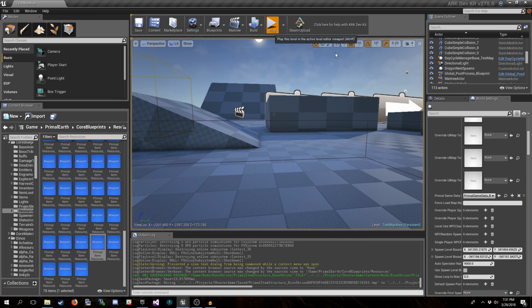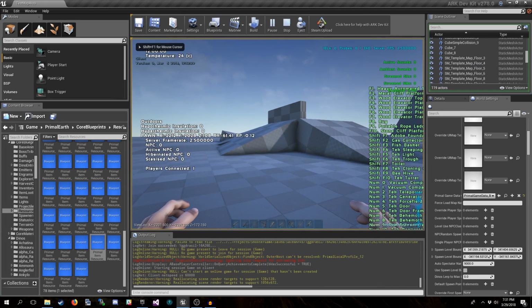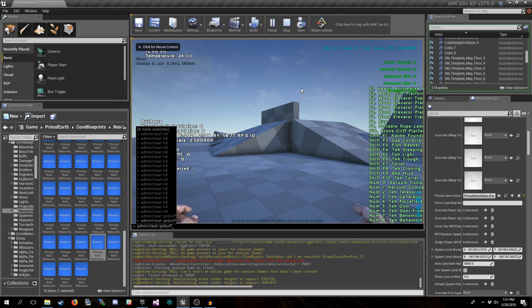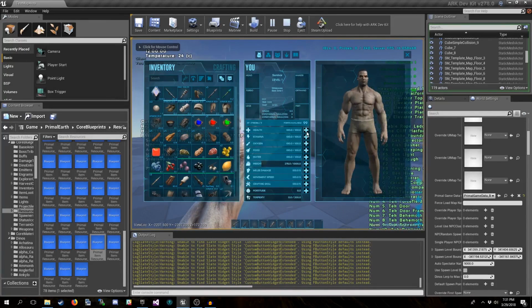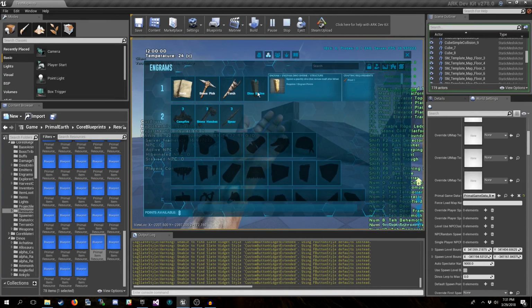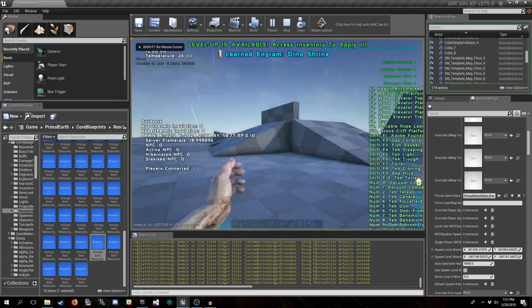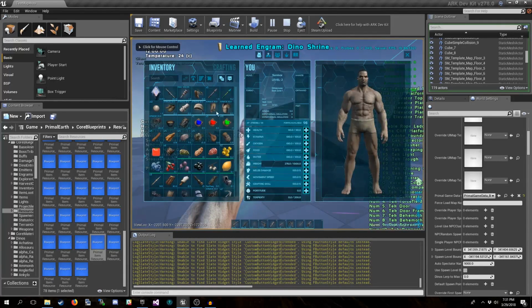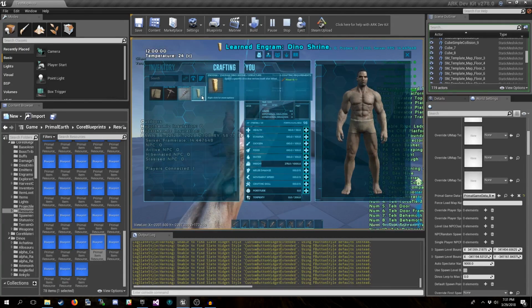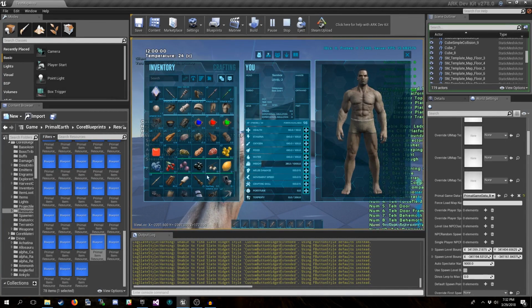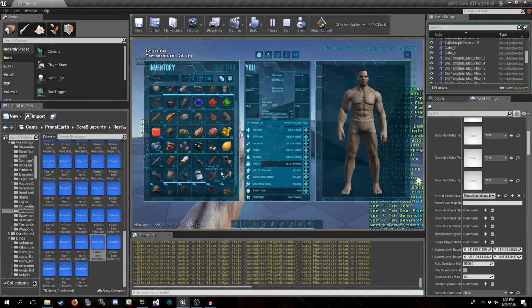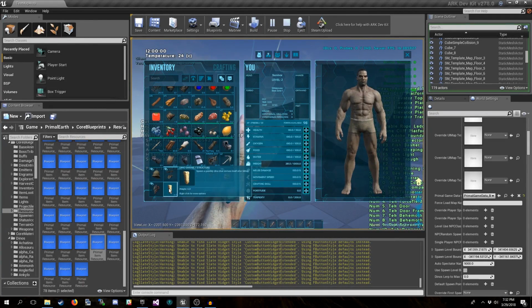Alright, so one last try. Get in. Add experience. Level up. Engram. Learn. And then we want to craft it. Look at that. There it is. And it is somewhere in, yep, there it is.